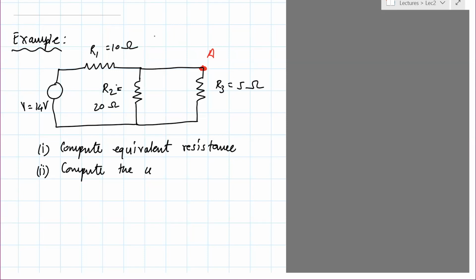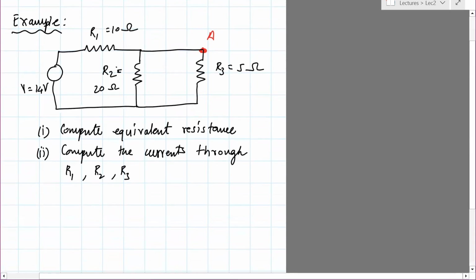Two, compute the currents through R1, R2, R3. Three, compute the voltage at